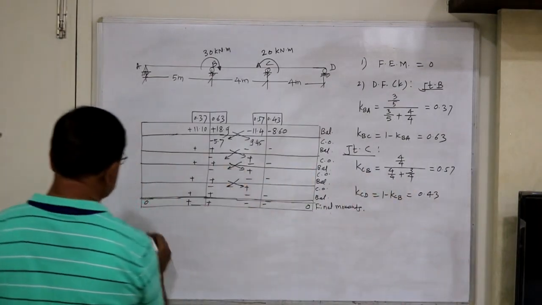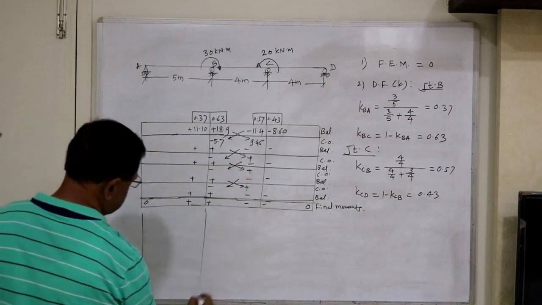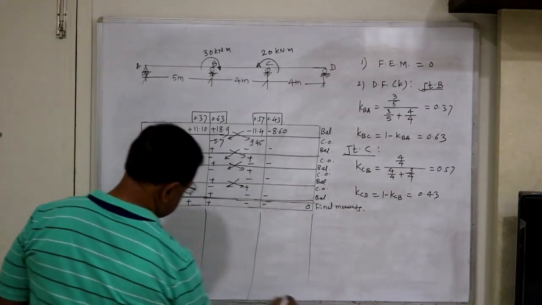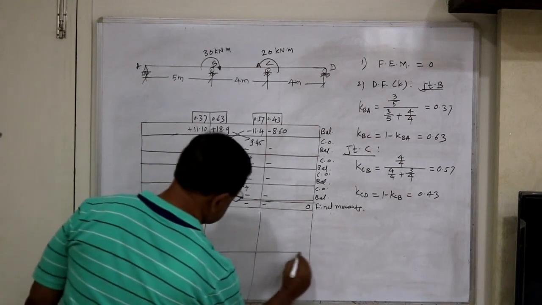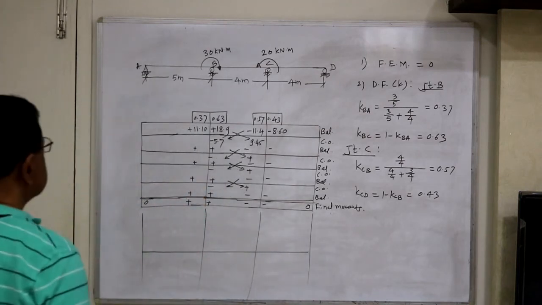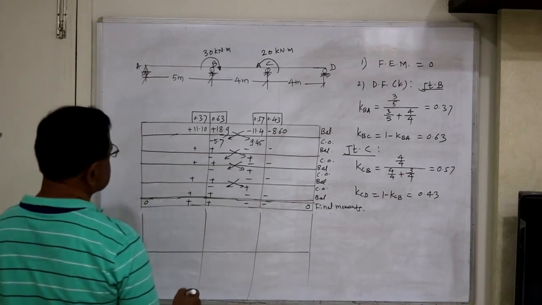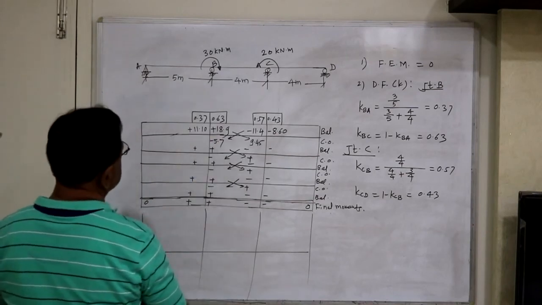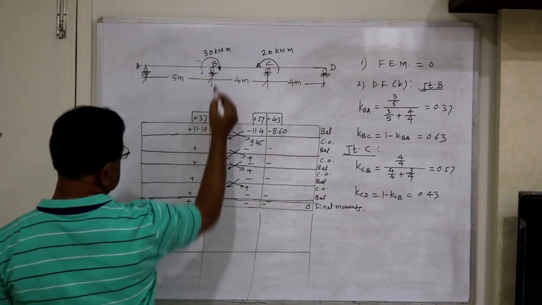And then you have to construct the BMD. You can construct the BMD, SFD, everything knowing this. Generally I will show you only the nature of the BMD. Say clockwise means, say here the moment developed at this end is clockwise, moment developed